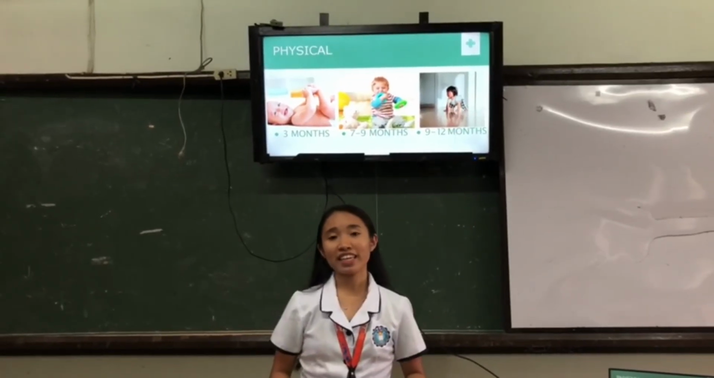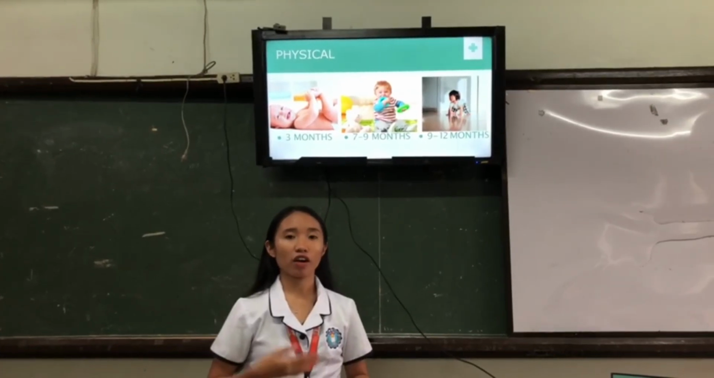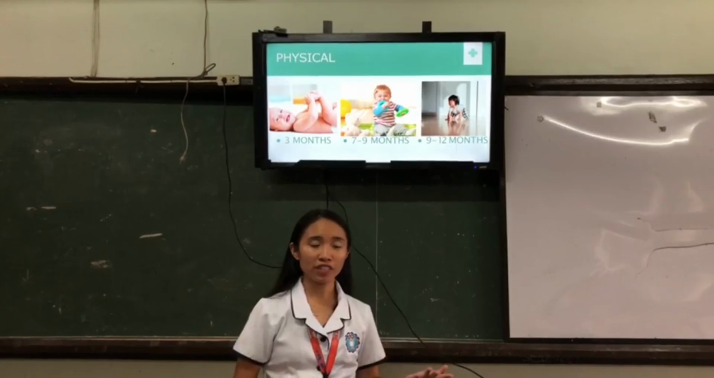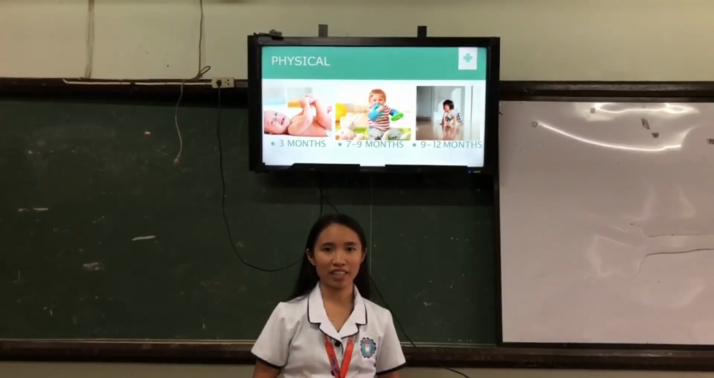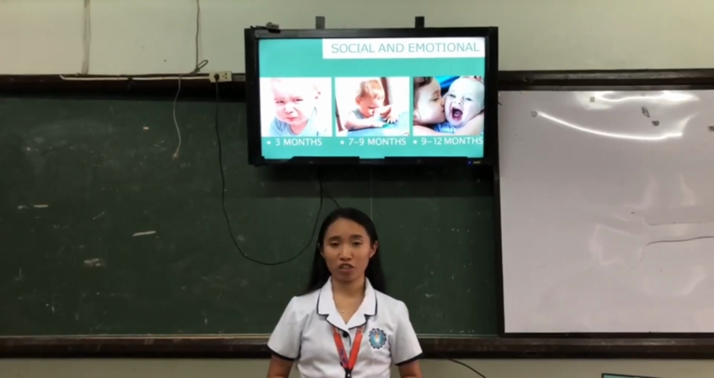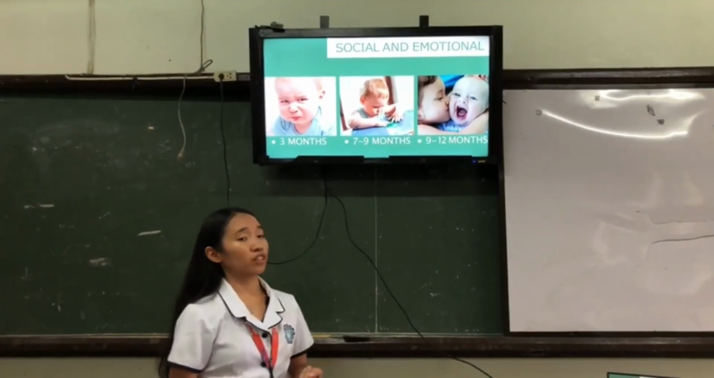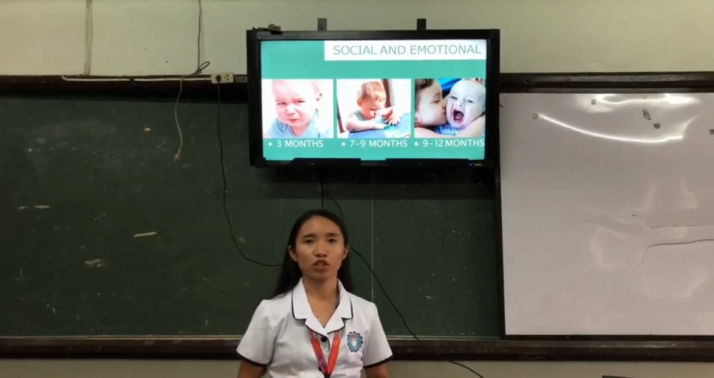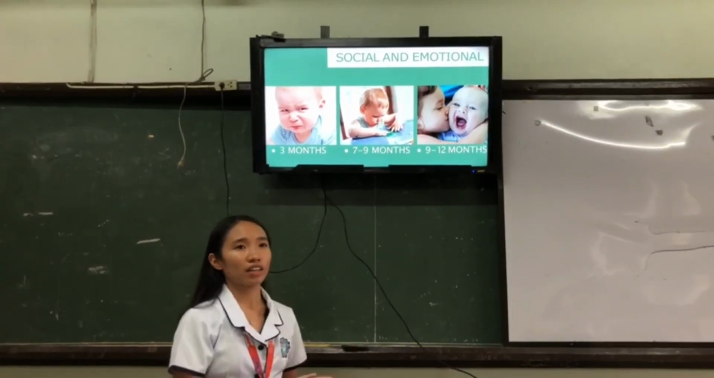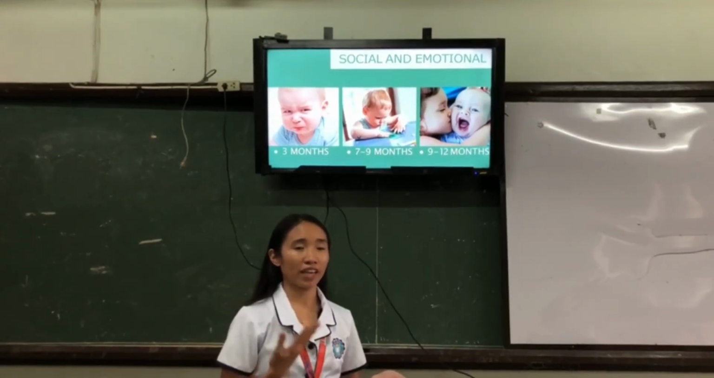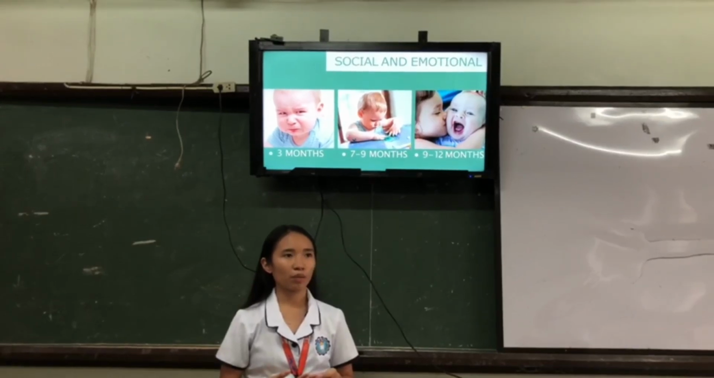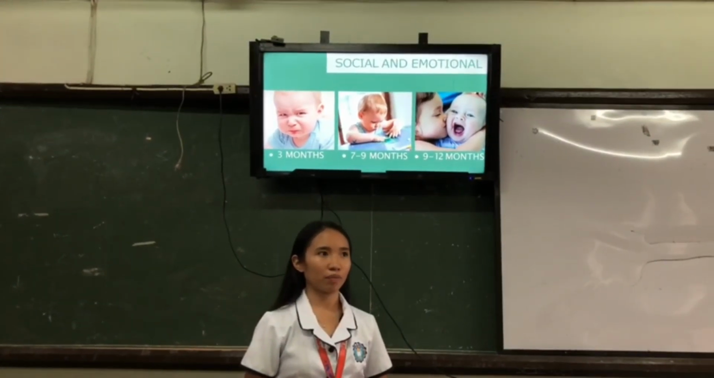In the physical domain, infants start to gain control over their hands and arms, and this further develops in the next stage as they start to stand briefly during 9 to 12 months. In the social and emotional domain, infants during their 3 months period start to show frustration or happiness, and then they develop this social behavior further as they learn to communicate and engage with other kids